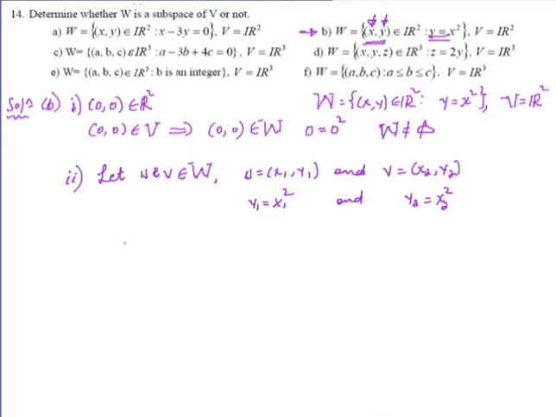ስለዚህ u እና v የW አባል ከሆኑ ድምራቸውስ እስኪ ምን ይሆናል? እዛው ውስጥ ይኖራል ወይ? ክሎዠሪቲ ሃፕን ያደርጋል ወይ? u plus v ማለት (x1, y1) plus (x2, y2) ማለት ነው. ይሄ ማለት ደግሞ x1 plus x2, y1 plus y2 ማለት ነው. ይሄ የW ኤሌመንት ነው ወይ? ይሄ ነገር የW ኤሌመንት ለመሆን ምን ሳቲስፋይ መደረግ አለበት? y1 plus